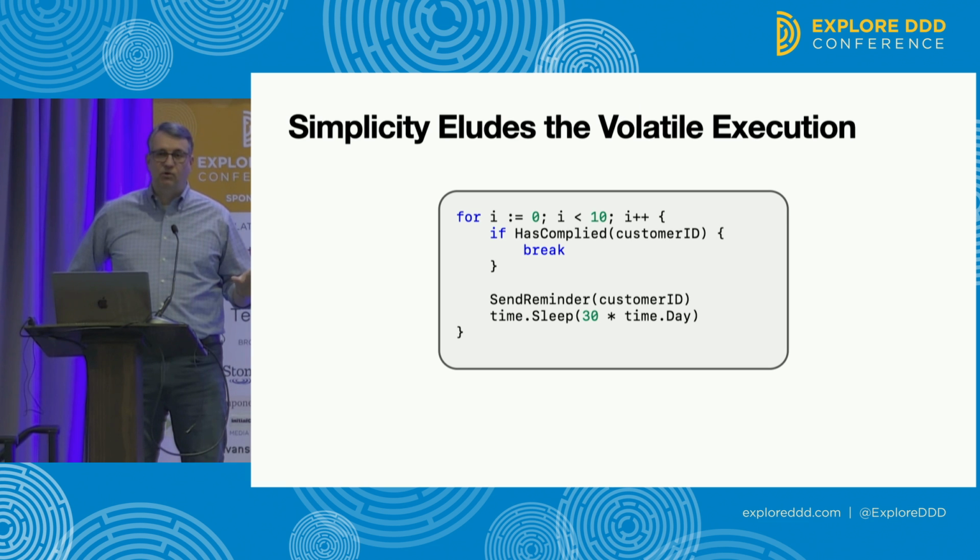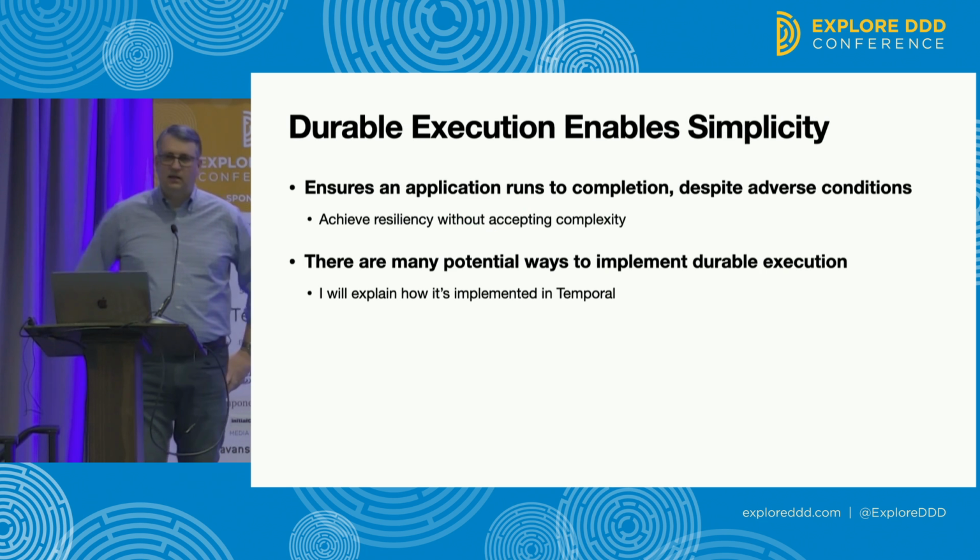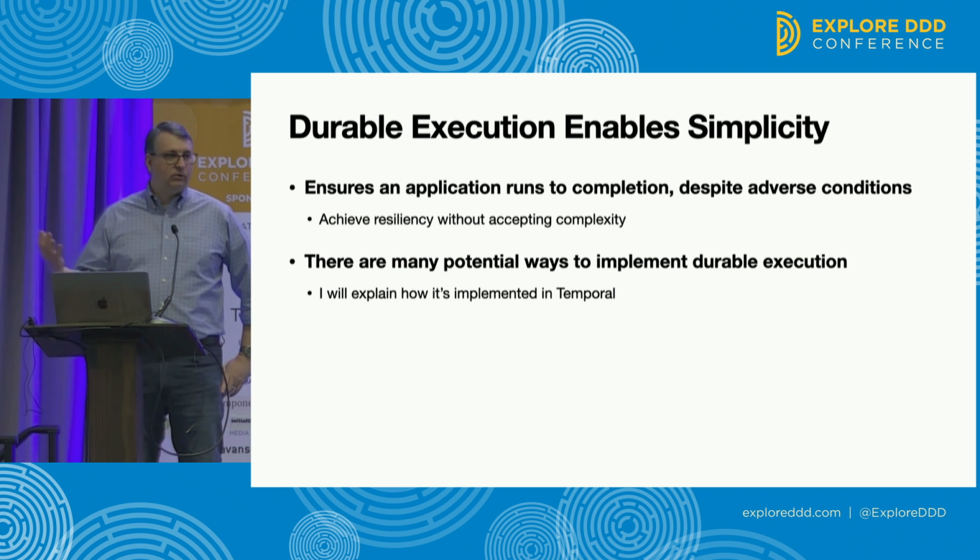And if you think back to when you learned programming, in college or high school, this is what you would have done. But you soon learned in the real world, executions are volatile. You may not have been able to articulate that, but it occurred to you quickly, the program crashed and now the state is lost. So I would point out that if we can eliminate the volatile nature of executions and make them durable, then we can, in fact, do the simplest thing that would work, and it will work.